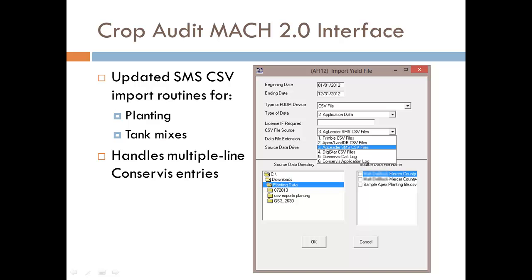Okay, here's the Mach 2 interface. Brett and Doug and John Witter from River Valley will be really getting the nuts and bolts of importing from various sources. But we're in the process of continuously updating this function with more and more interfaces with other people's software. In this case, SMS, Apex, SST. Anything can export into a CSV file, and that will be covered in depth tomorrow,